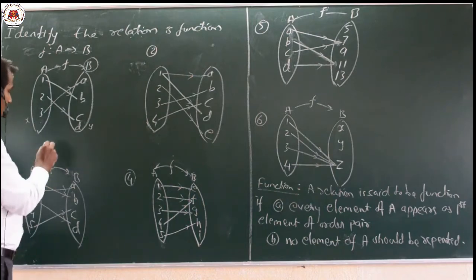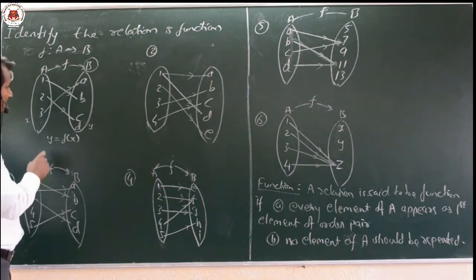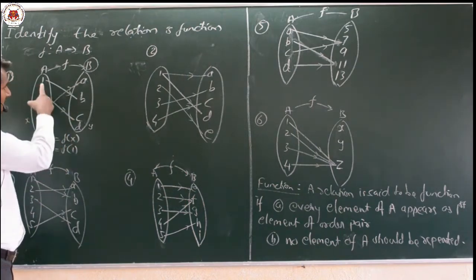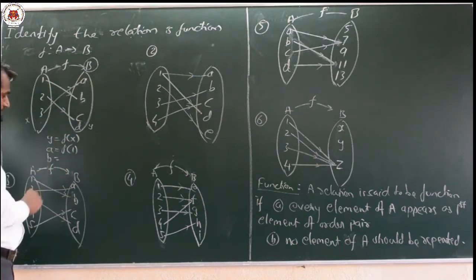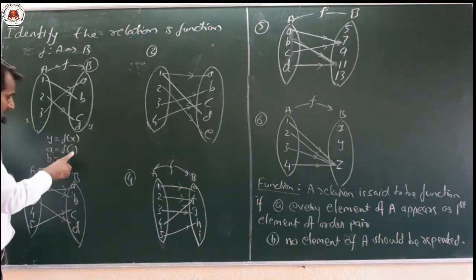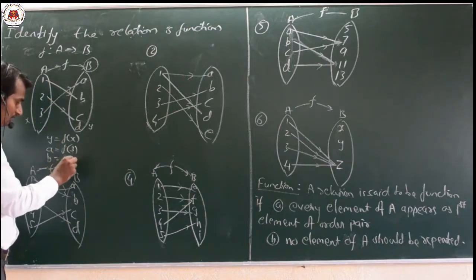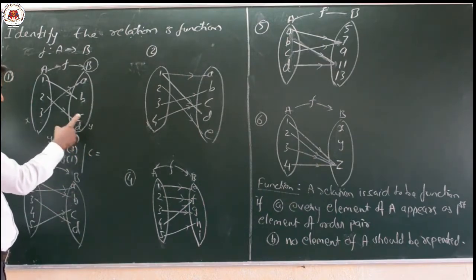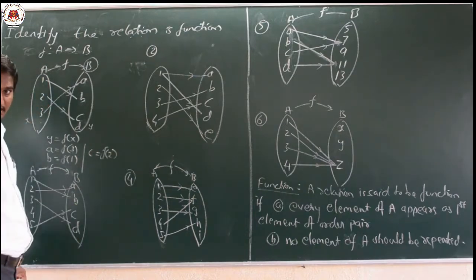Here we can write it as y equal to f of x. What do you mean by y equal to f of x here? That implies a equal to f of 1 here, x is nothing but 1. Then b, b is related to which term? a is related to 3 here, friends. Then b is related to 1, that is f of 1 here. Similarly, you can write c equal to, that is y equal to f of 2. Is it clear, everyone, this part?